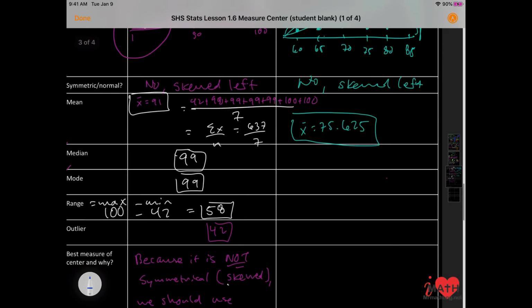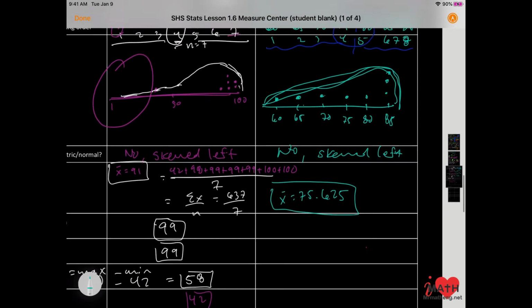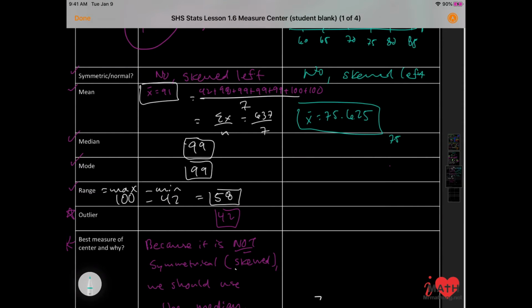So this one is going to be 75 plus 80 divided by 2. That's how you find the average, right? And you get 77.5